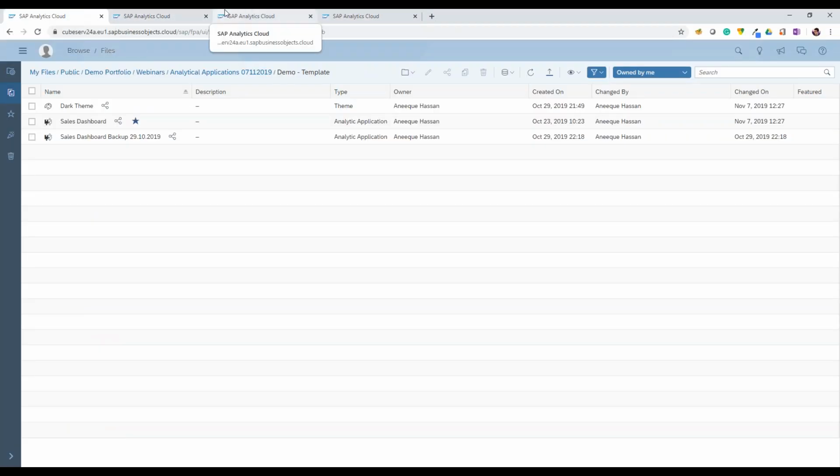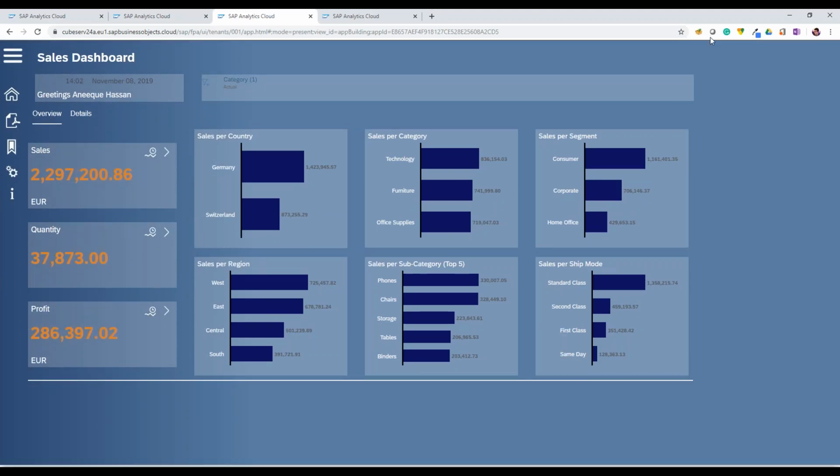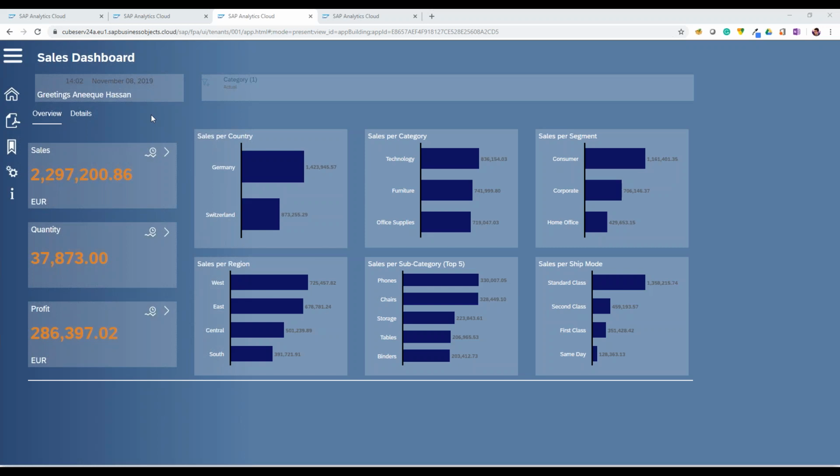There are two parts to the demo. The first part is a finished application which can be used as a template, as a starting point in Analytics Designer. The second part of the demo is that we really try to build a small application together during this webinar so that you have a feel of how this tool is working. So let's start with the template first. This is a generic template that we have designed, which can be adapted according to customer needs.